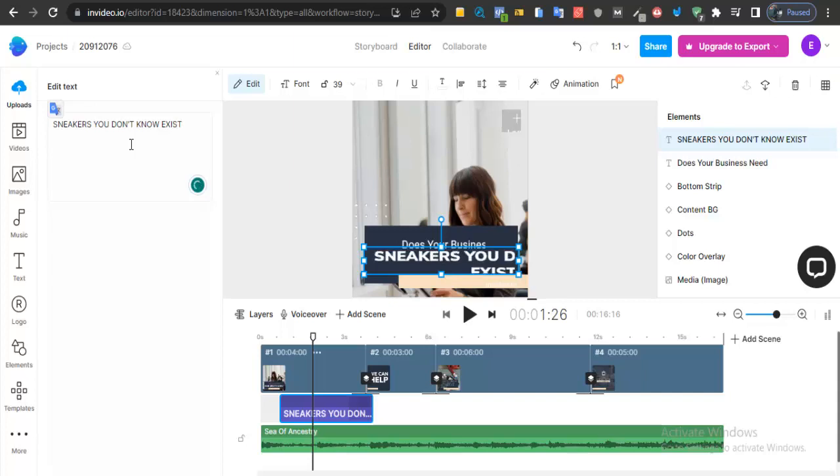Okay, so I guess this is basically what people, if people see this, it is a kind of hook, because they want to see the kind of sneakers that this guy thinks I do not know exist. Or maybe I can just say shoes, or I can leave it as sneakers. So if you see the size has changed, if you want to change the size, just come here, change it